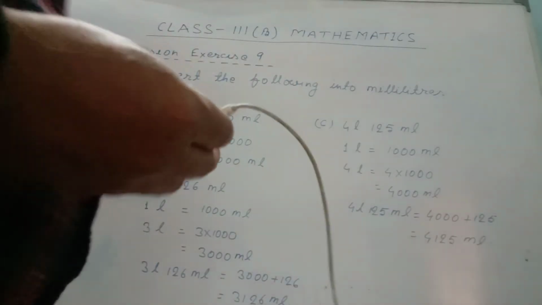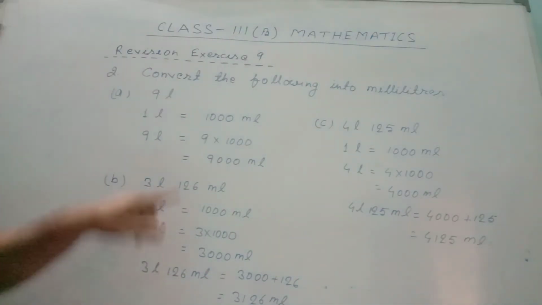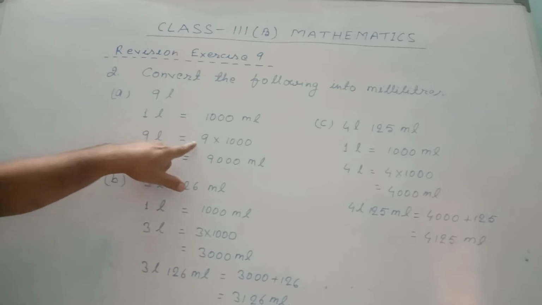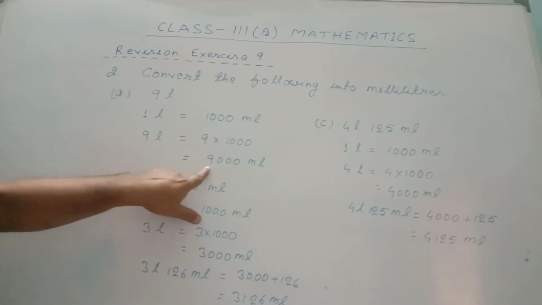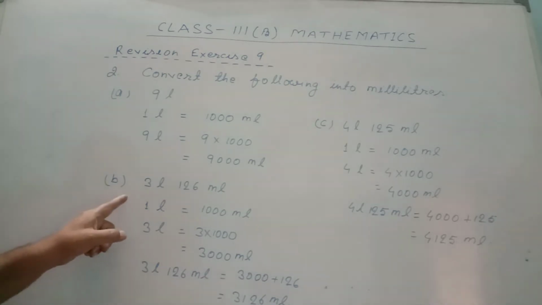Question number 2A. In this 9 liter is given and you are asked to change this into milliliter. You know 1 liter equal to 1000 milliliter. So I wrote here 1 liter equal to 1000 milliliter. So 9 liter equal to 9 into 1000 equal to 9000 milliliter. Then question number B, 3 liter